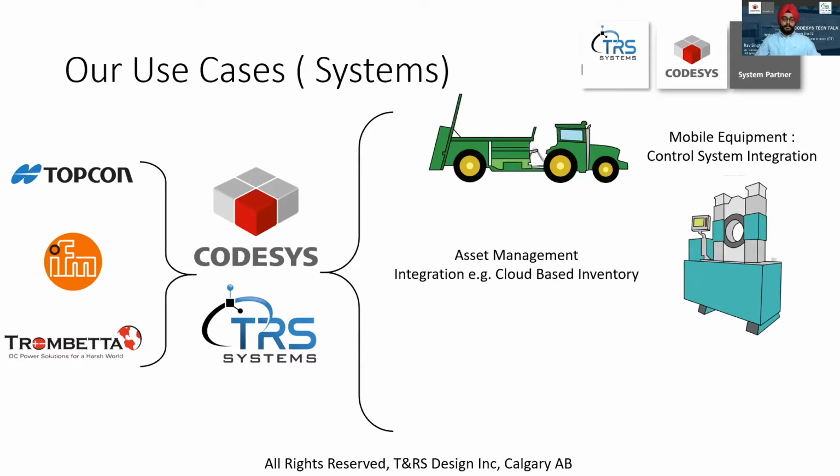We also have a couple of use cases under our belt from asset management integration. So stuff like cloud-based inventory of existing industrial equipment that could be easily achieved using a simple cloud instance, capturing the data from the machine through the sensors on the industrial asset, and sending it back to the cloud, where we can enable some cool stuff like cloud-based inventory, or preventive